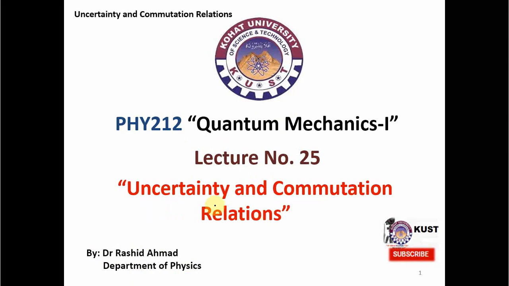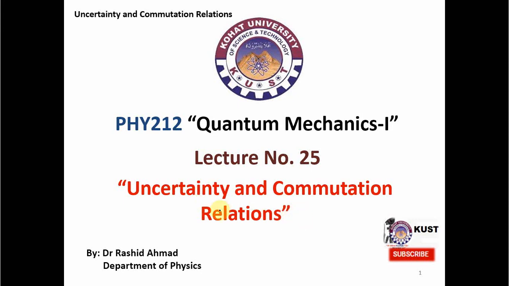In quantum mechanics, when two observables cannot be measured with 100% accuracy simultaneously, we say that they are uncertain. And when two observables can be measured with 100% accuracy simultaneously, we say that they are certain. Two uncertain observables follow commutation relations not equal to 0. That is, they do not commute and their commutation relation is not equal to 0, and that's why they are uncertain. On the other hand, for the observables which are certain, the corresponding operators actually commute